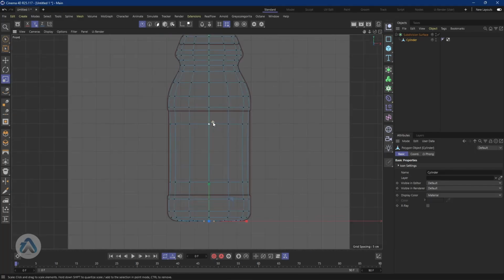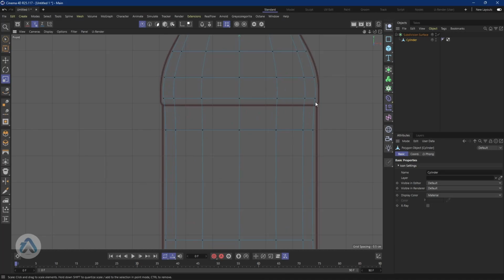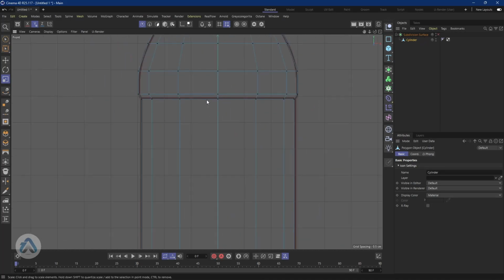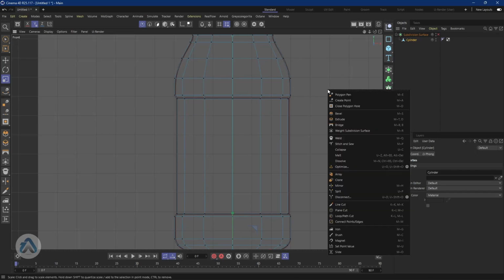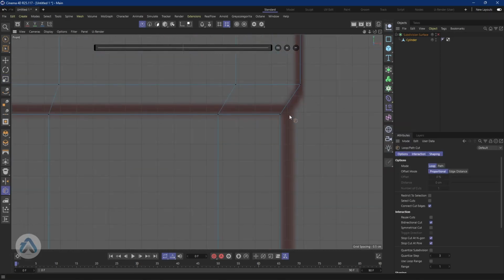Now it's time to dress up this whole place. Okay, so let's disable the subdivision surface, and this edge right here, I want it in a way that when you enable the subdivision, it is not that curve. I want to have that kind of hard curve, the hard movement from there. Okay, so what we do is that with the cylinder selected, I right click and go to loop or path cut, because I want to cut a line here,